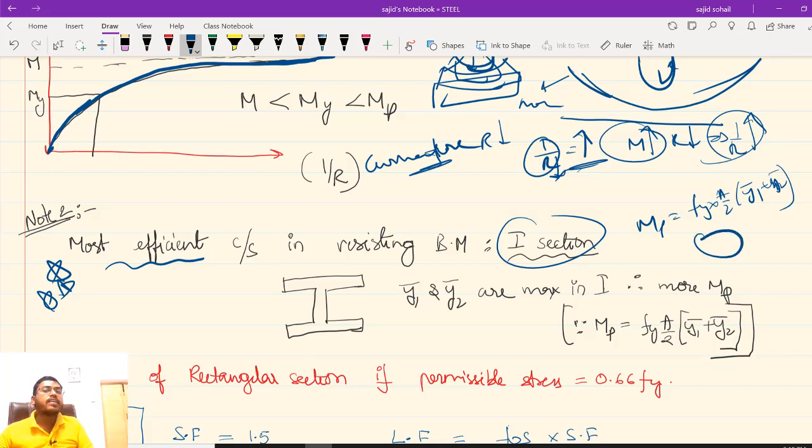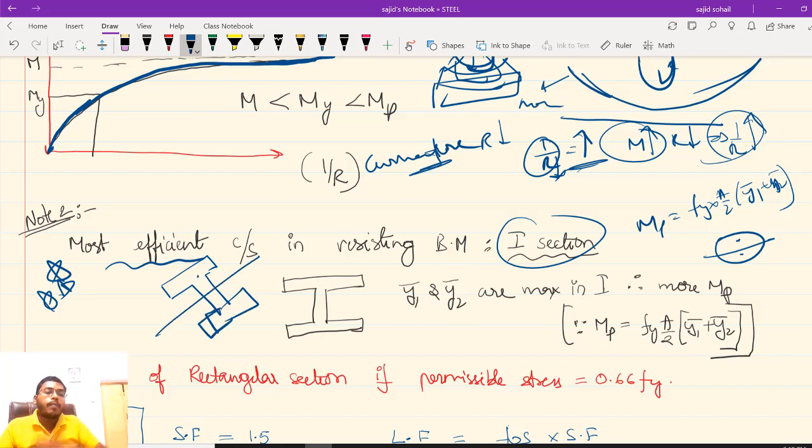If you are taking a circle, something like this, more mass is in center, right? So if you are writing y1 and y2, it is very close to neutral axis. But if you are taking an I section, आप एक I section लीजिएगा, so your area is getting divided into half somewhere here, and your y bar will be at extreme sides. So as your lever arm is more, y1 bar plus y2 bar का जो भी distance आ रहा है, it is more, therefore your mp value will be automatically more.